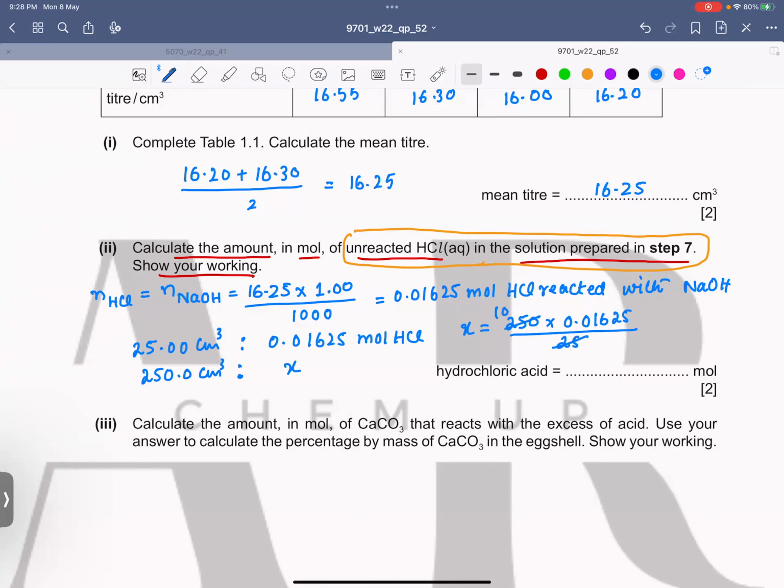So here you would get 0.1625. So 0.1625 are the moles of hydrochloric acid which are unreacted after the reaction with